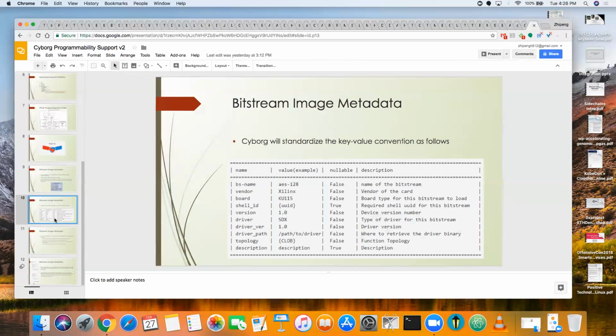Is it IPsec? Is it video transcoding? What flavor of IPsec it is? That's presumably some kind of UID, or it could be a string. It's whatever you decide it to be, but it just acts as a function of that thing. And the reason why it's distinct from bitstream itself is that you may have multiple bitstreams doing the same thing, for the reason I described. Yeah, that's what I'm saying. That's why I put it into this one here, because it will be really specific to each of the VFs or PFs generated by this bitstream, right?